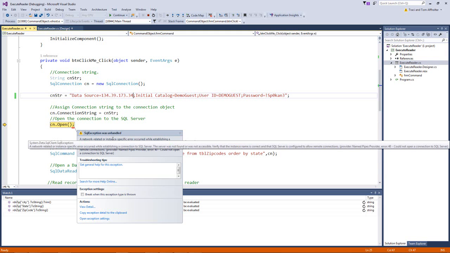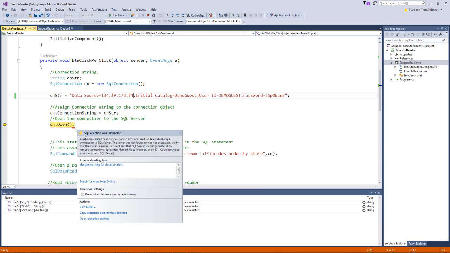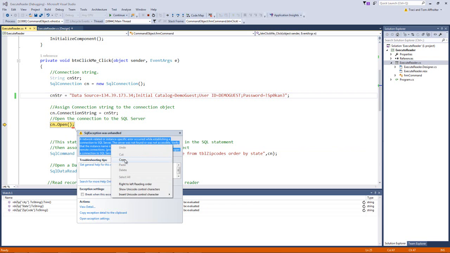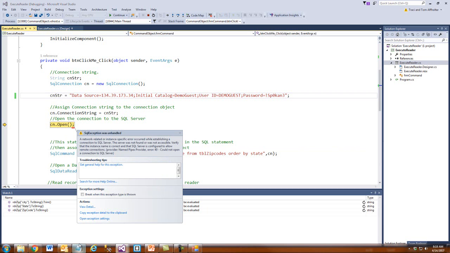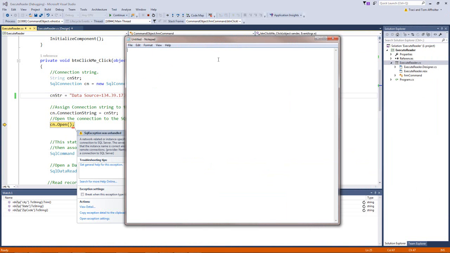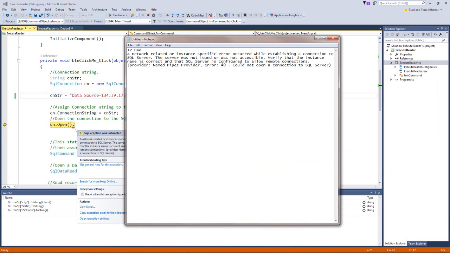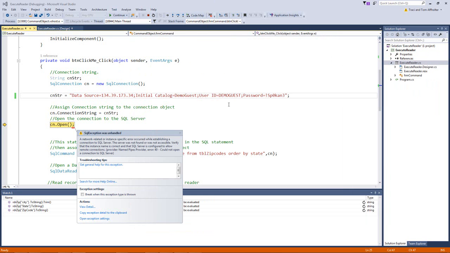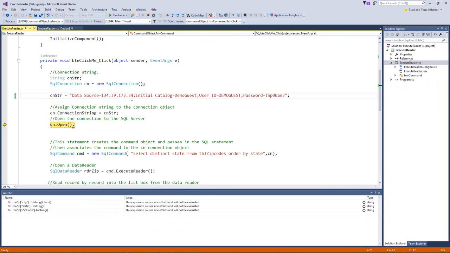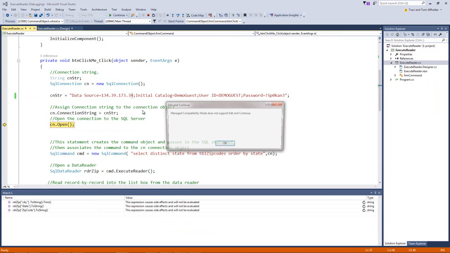So what you would want to do in most cases is to note that error message. I would probably copy it out and throw it into a notepad someplace on my computer. And I would take note, IP bad, and the error message that I get out of that is that error message. Now let's jump back again. I'm going to move that out of the way, and let's correct that. Give it a correct IP address,